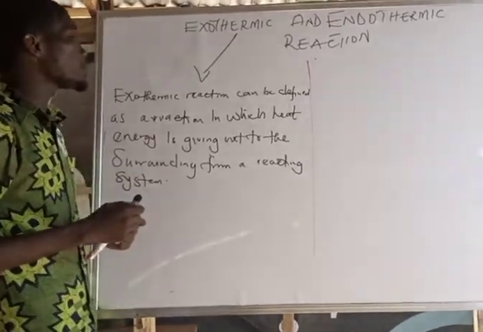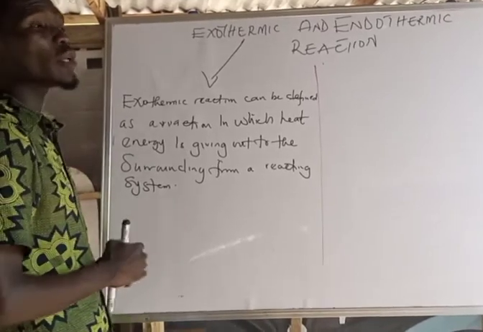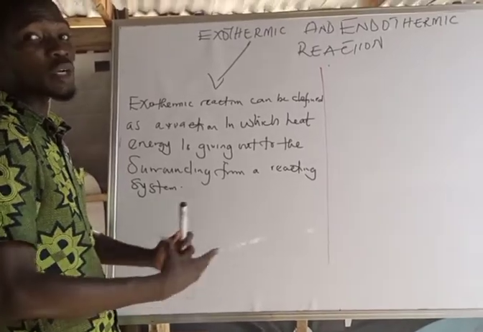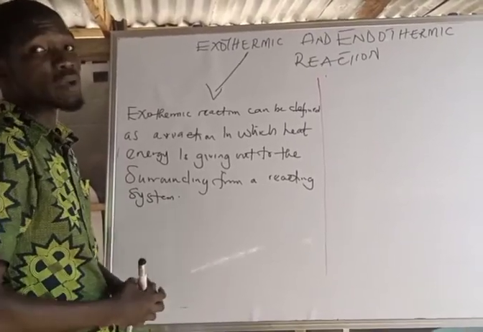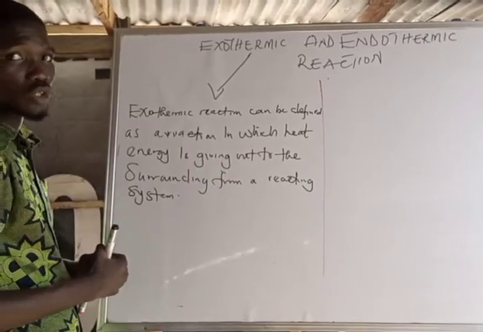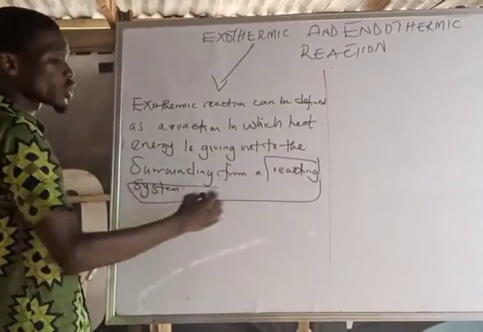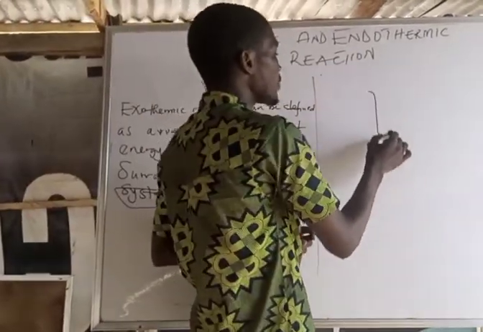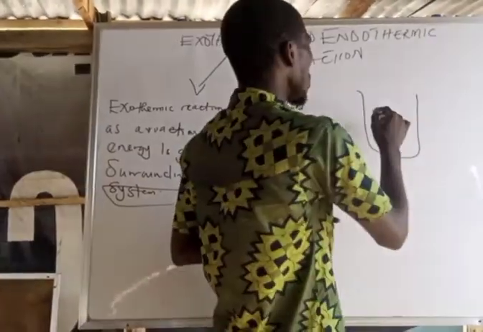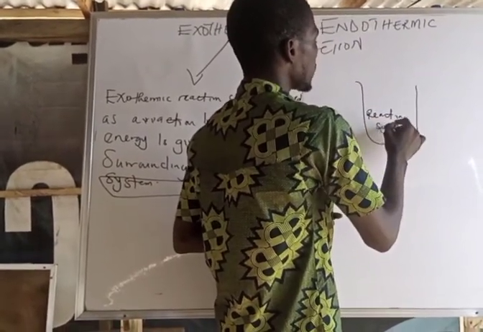So now, how do we prove that its energy is given out to the surrounding? I'll be using two illustrations to explain that: the graphical method, and the one in which you can go to the lab to experiment. So class, if I say that it is given out, how does it give out when we have a reacting system? For example, if I have a beaker like this, are you with me now? So the beaker contains the reacting system,